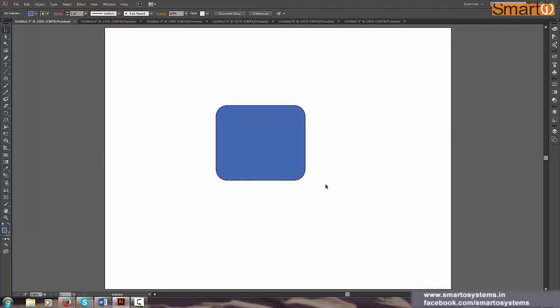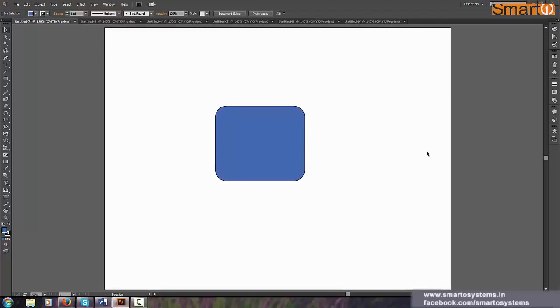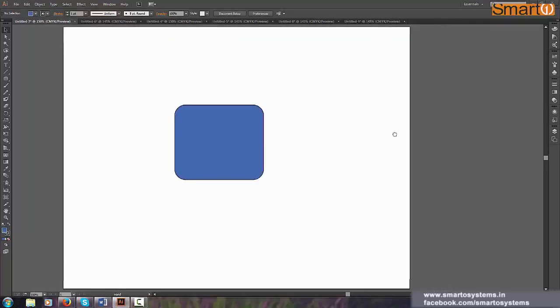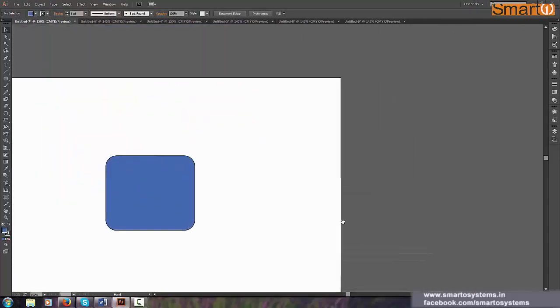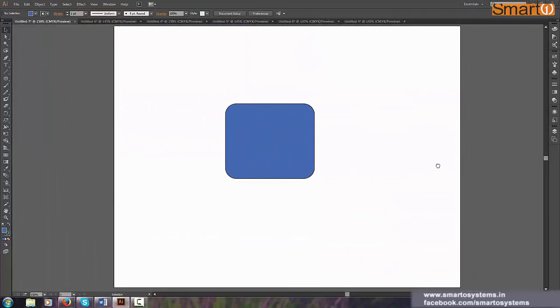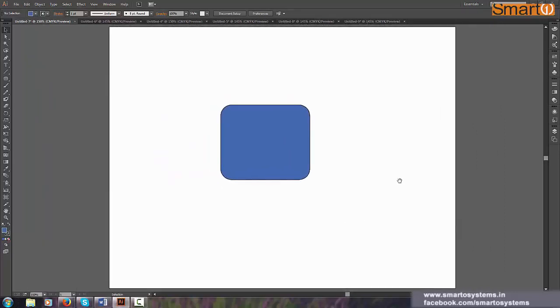Now how can I navigate the canvas like I just did? For that you have to press space on your keyboard. Notice when I press space, my cursor changes to a hand, and when I click, it grabs the canvas. So to navigate, press space, click, and then move your mouse around so you can navigate your canvas the way you want. Again, press space and left click and then move around to navigate your canvas.